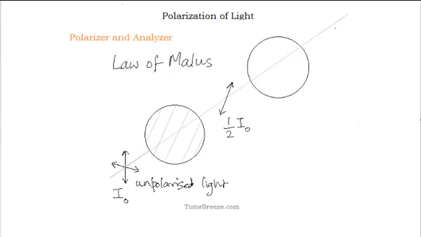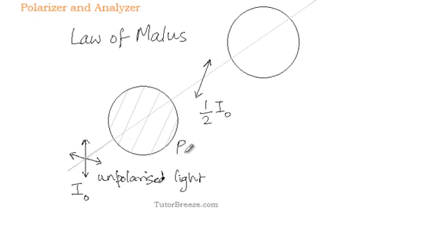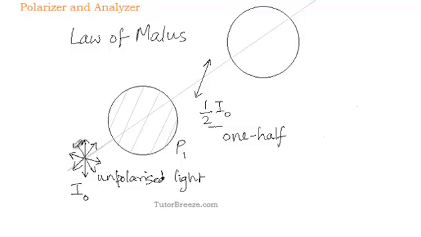See, actually the light transmitted by the first Polaroid over here, irrespective of the angle at which it is placed, the intensity of the transmitted light will always be half. This is called the 1/2 rule. That's because this light is unpolarized and it has its electric field in all possible directions. So however you place the first Polaroid, the intensity of the transmitted light will always be half the original intensity.